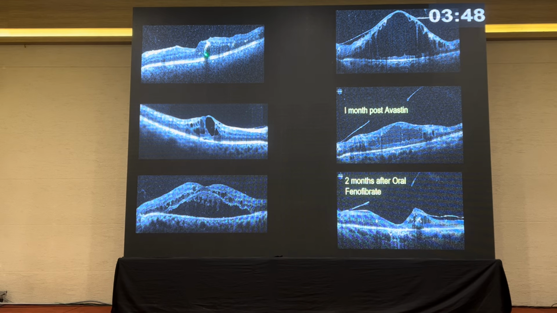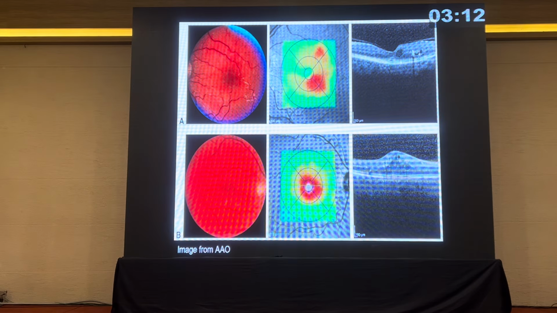Sticking on to diabetic maculopathy, you can have a spongiform edema. This is a hard exudate plaque, and cystoid macular changes with an early subfoveal serous detachment or a submacular detachment (SMD), and a larger subfoveal submacular fluid there, subretinal fluid. We can also look at the therapeutic efficacy of the treatment that you do. This is a patient with a relatively bad retina. We started with Avastin, but she could not afford it, so we put her on fenofibrate, and surprisingly the fluid got completely absorbed and she had a marginal improvement in vision and stabilized.